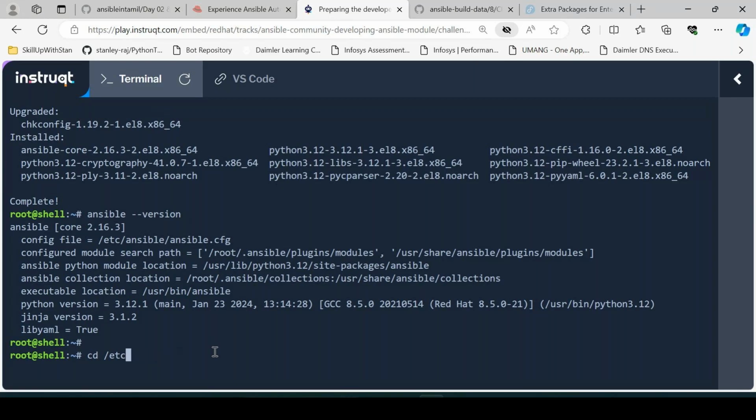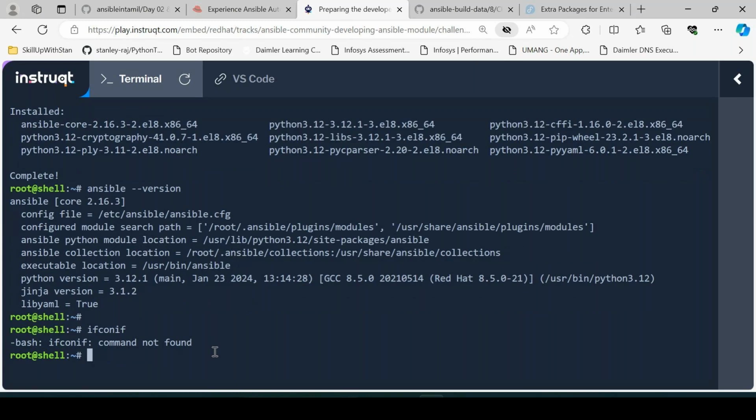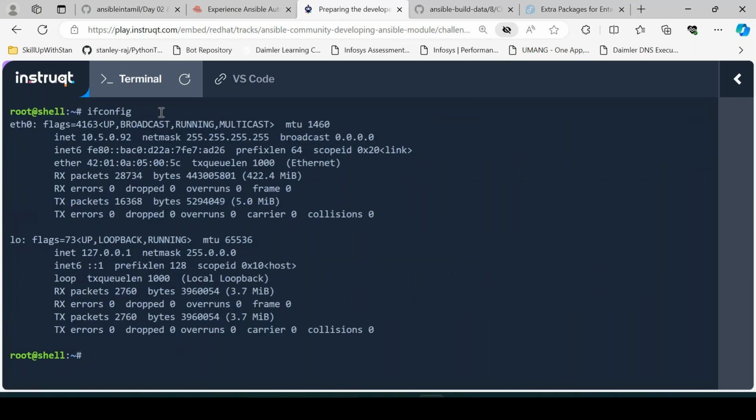So if you see here, currently, what is the IP? So this is my current IP. If the session is out, and I'm connecting back, the IP will be changed. All right. So let's come back